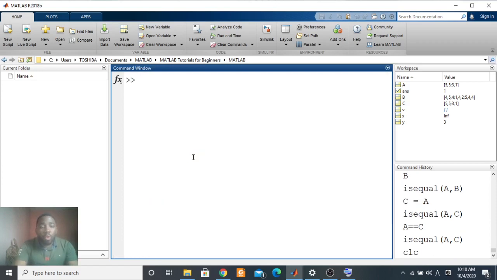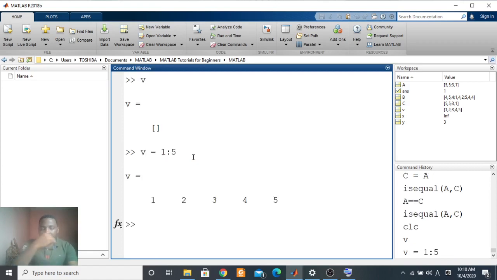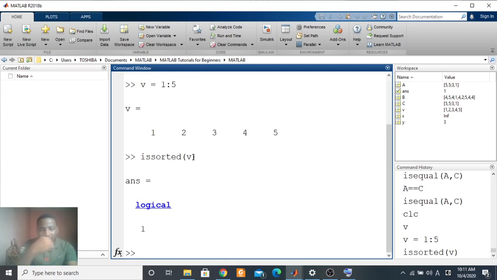We saw V. Let's just recreate V. You can also know whether a particular vector or an array is sorted, which means whether it is in ascending or descending order. Let me say issorted V. This gives me 1 because V is sorted.